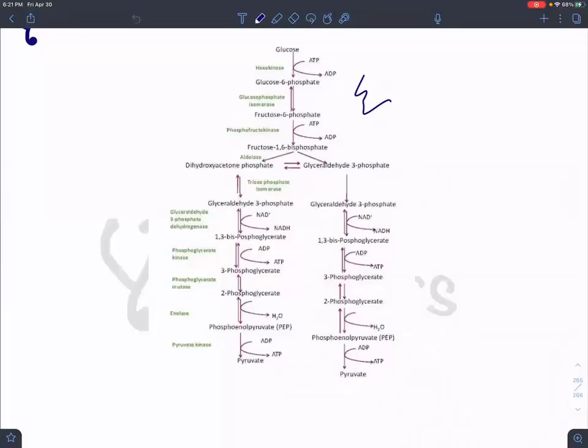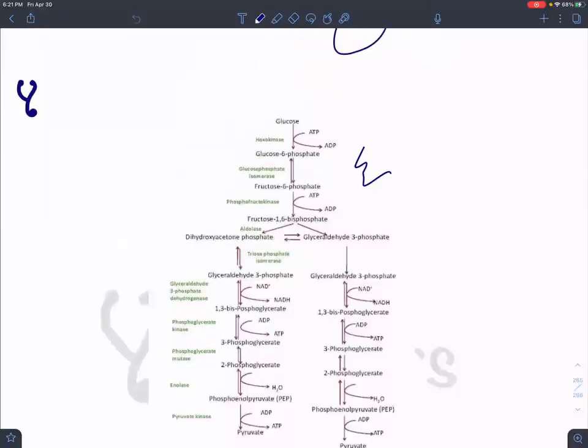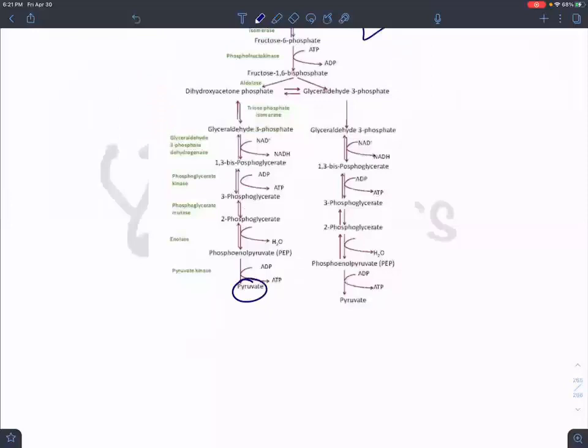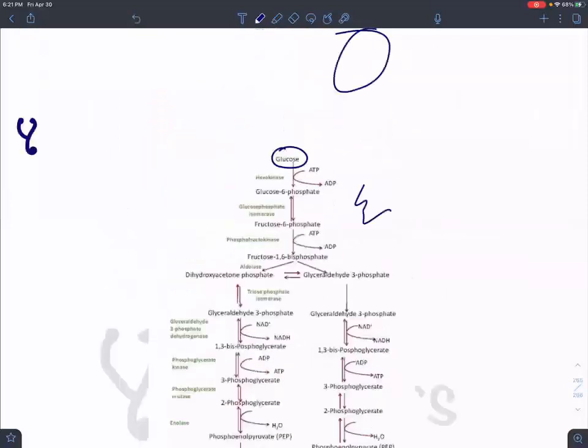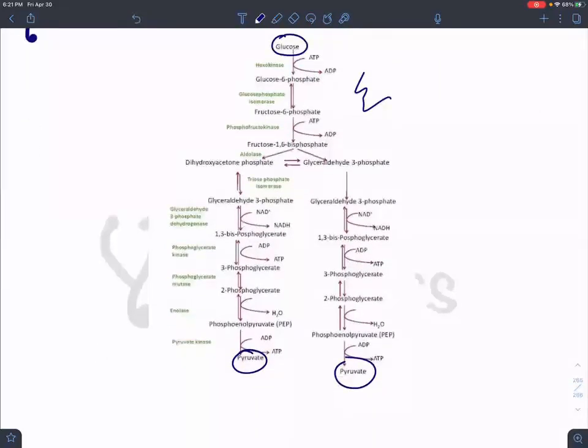See, friends, in glycolysis you take a glucose molecule and finally produce pyruvate molecules, and there are certain enzymes in this mechanism which promote the formation of pyruvate. So you have some enzymes such as hexokinase. I have taught everything about glycolysis; you can watch my videos, maybe in the drive they are available. So hexokinase, phosphofructokinase, aldolases, isomerases.